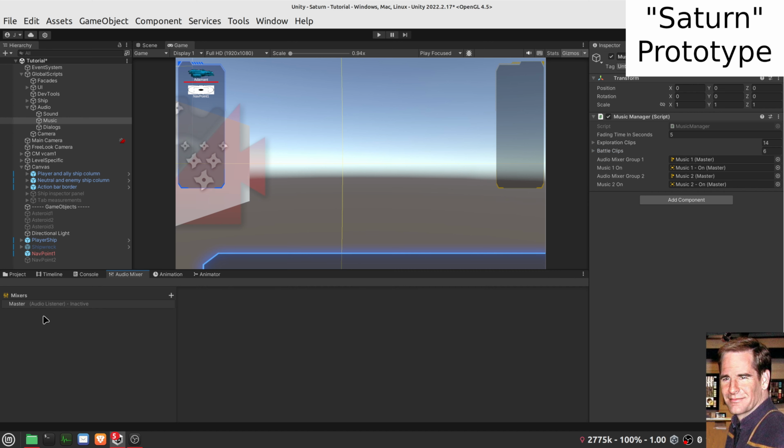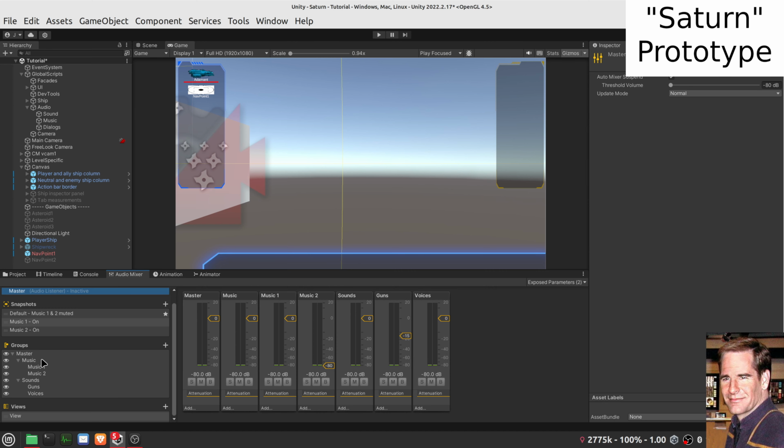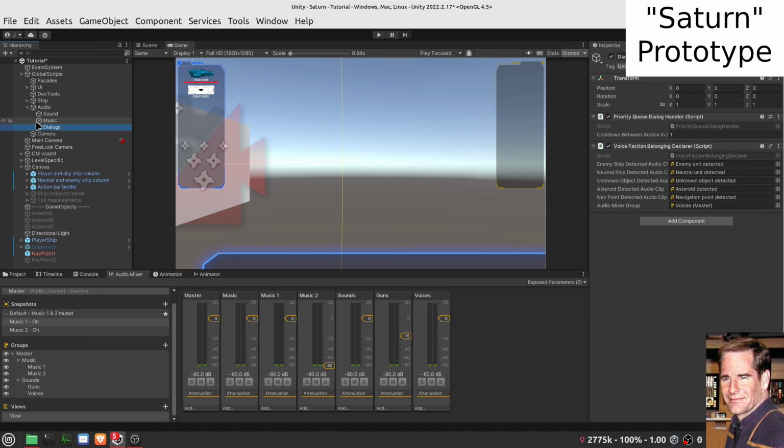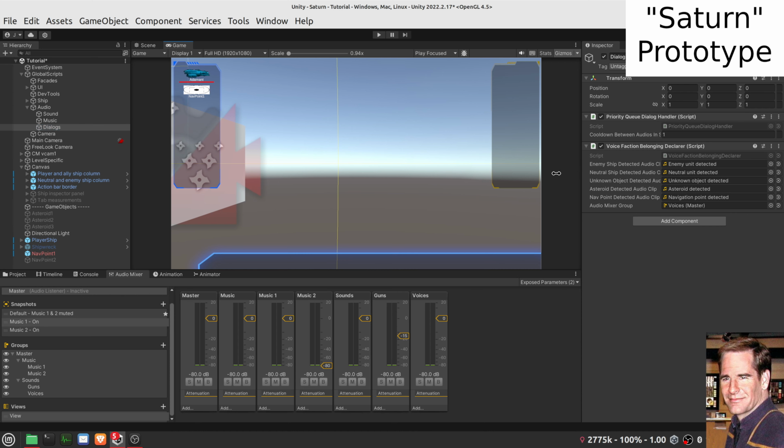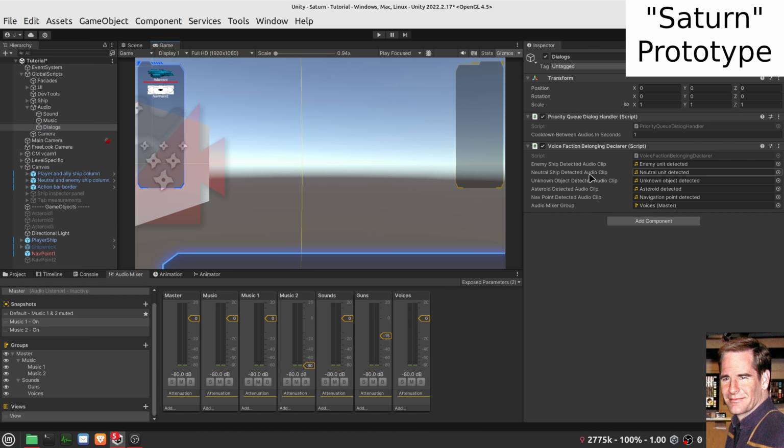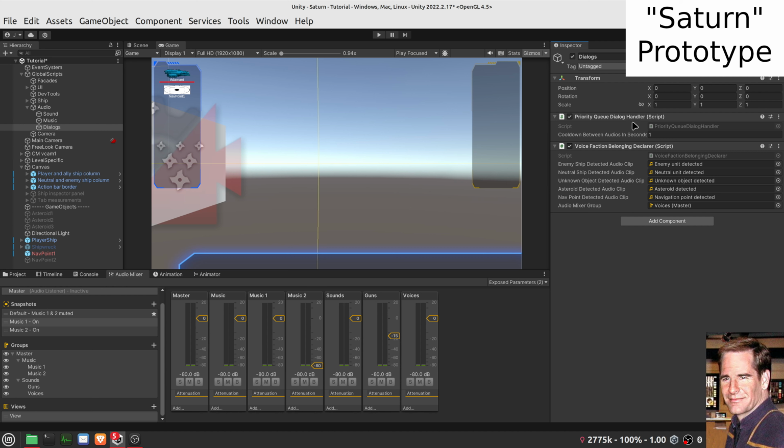For this I'm using the audio mixer, as you can see. Voices and so on. This handles the dialogues. So this voice function, what this does, for example, is when a new object is in reach, for example an enemy, then this is played in a nutshell. This priority queue dialog handler